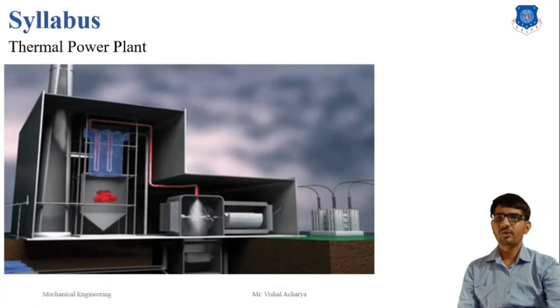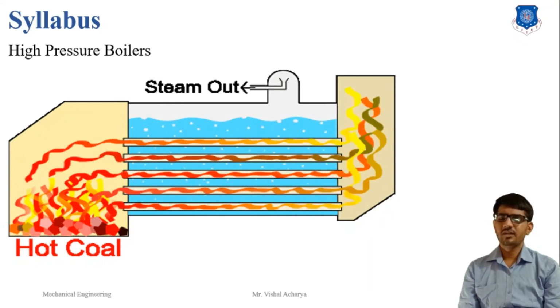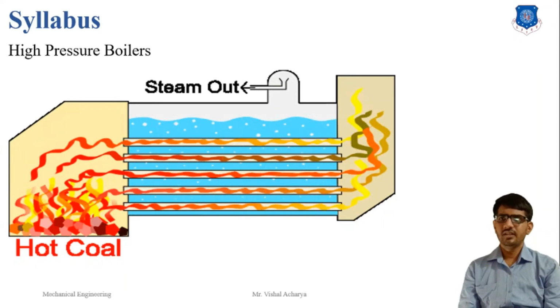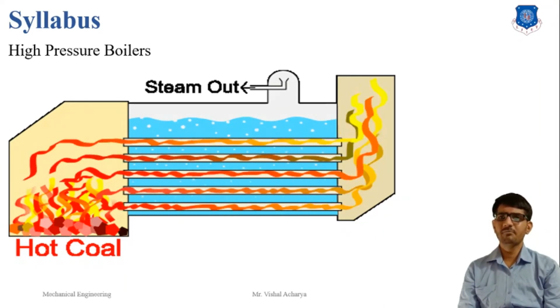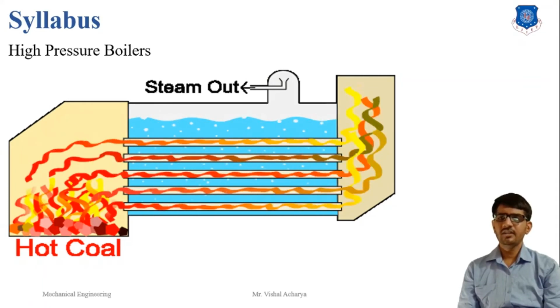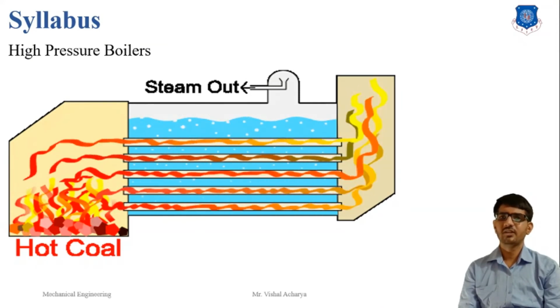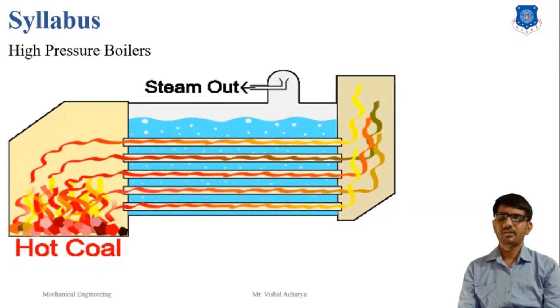Our next module is the high pressure boiler. In this module, we will learn different types of boiler with construction, application and advantage. In this chapter, we will decide which type of boiler is used in various applications, industry or power plant. In this module, we will learn how to prevent the corrosion effect in a boiler, and we also learn the superheat control method for boiler tubes.